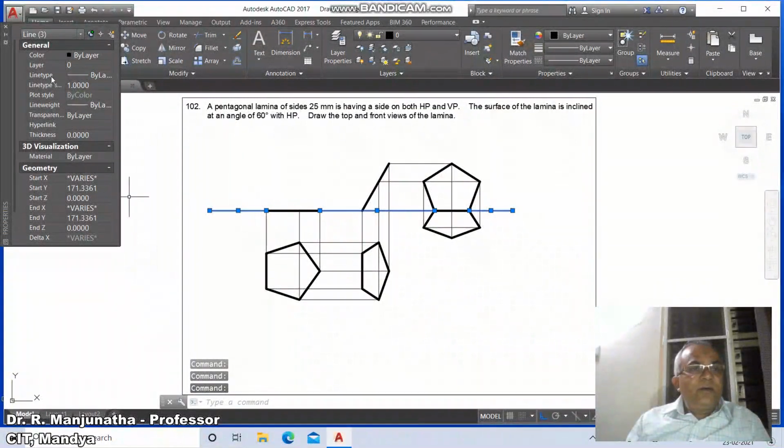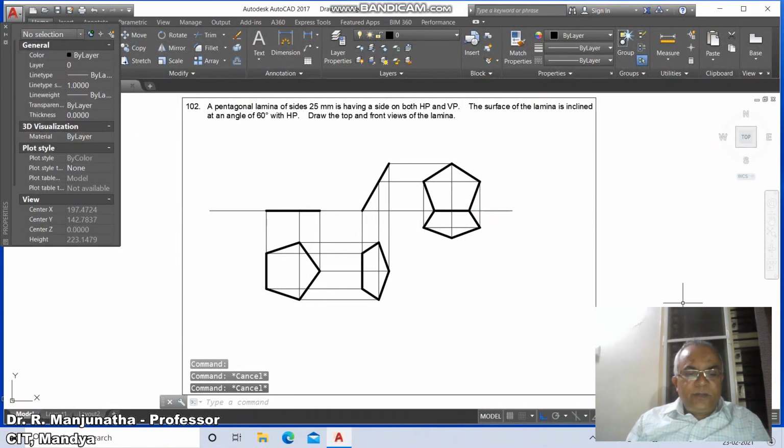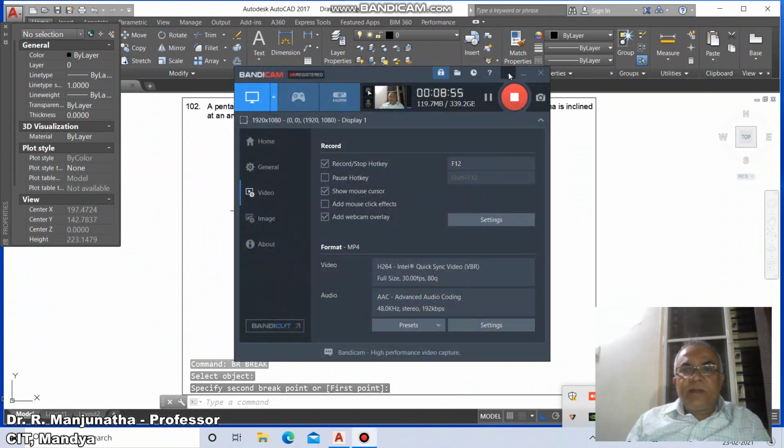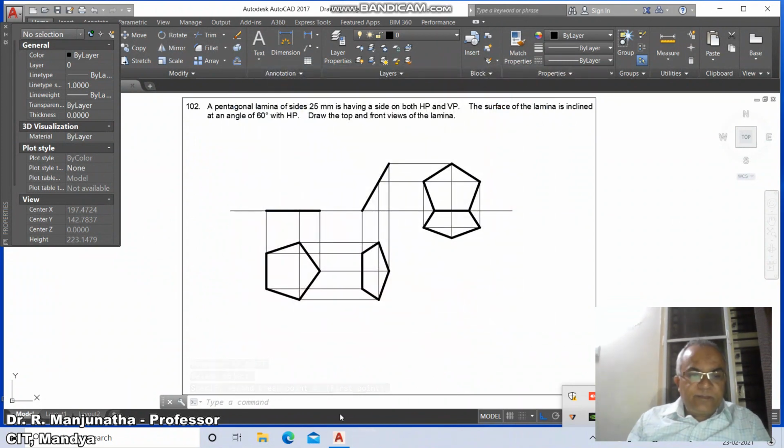Similarly, you select this line and this line, go to layer, make this as XY line. Then go to break from here till here. Then go to DDIM,